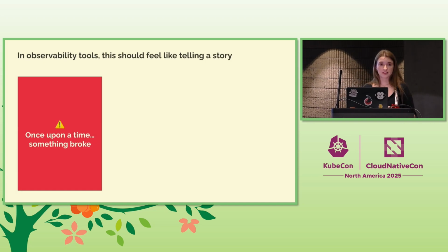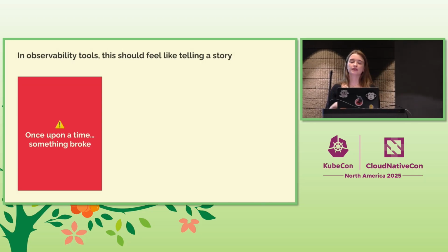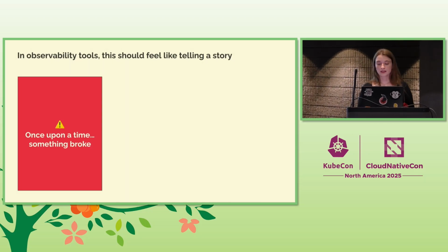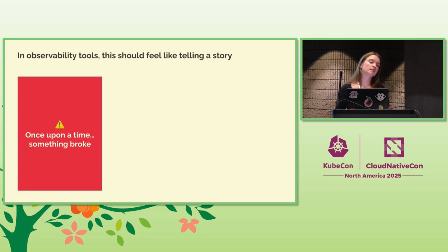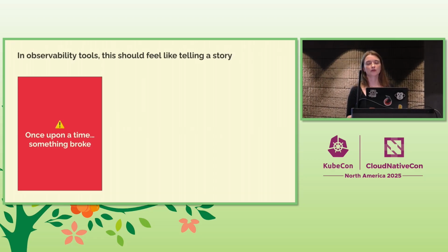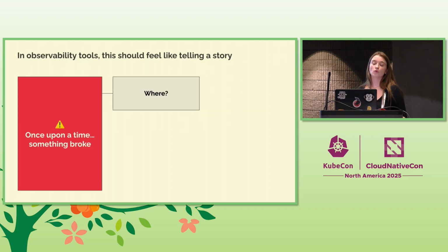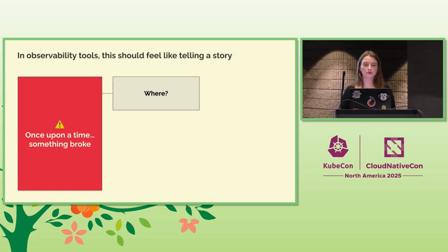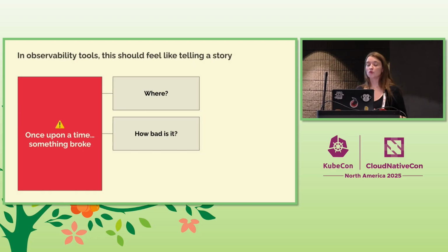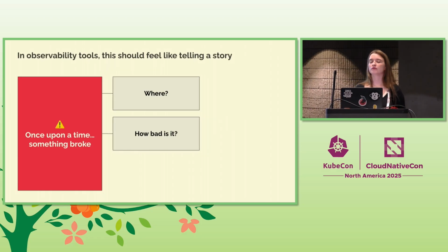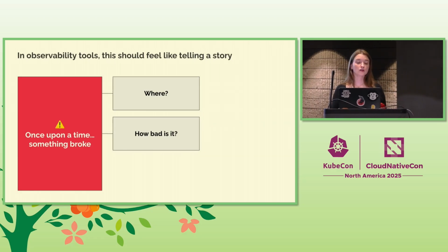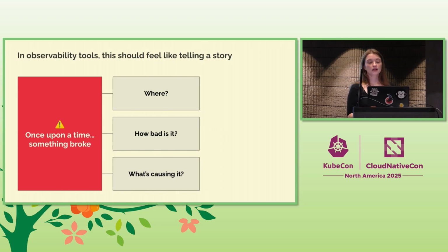In observability, this should feel like telling a story. And like every story, it starts with an event. In our case, that will be something broke, unfortunately. And then the question that you may ask is, all right, where is this happening, which cluster, which environment, then how bad is it, one request, 1,000 requests, is it affecting a lot of users or none, and then what's